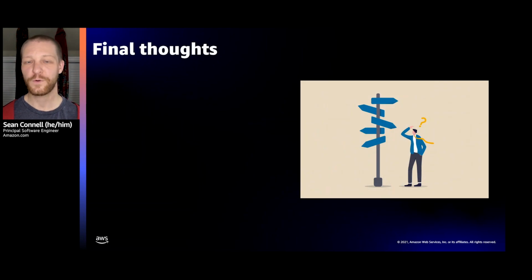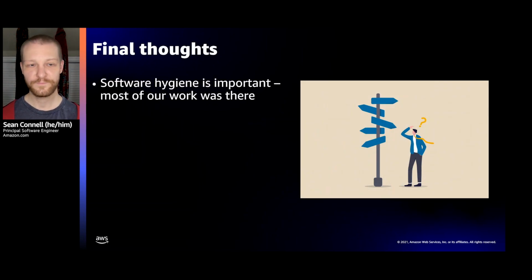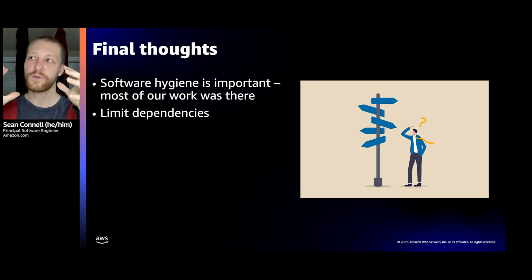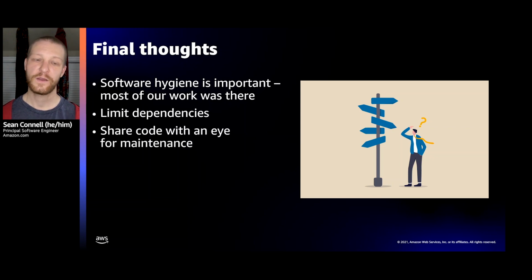So some final thoughts for you, kind of retrospective on this whole migration. Software hygiene is really important. Most of the work here wasn't ARM specific. It was just sort of paying off technical debt we had pushed aside for too long. The actual ARM specificness was very small. Limit your dependencies. That's why remove was my favorite option. The fewer dependencies you have, the less code you have to move, the less complexity you have, the closer your incidental complexity tends to be to your core complexity, and the less maintenance you have to do, right? Fewer things you have to upgrade.